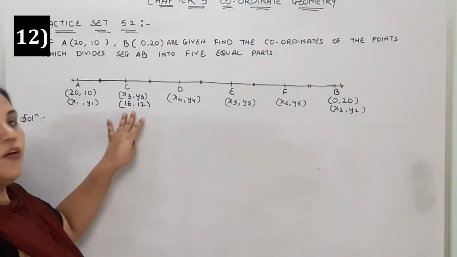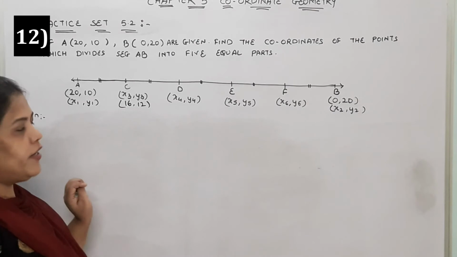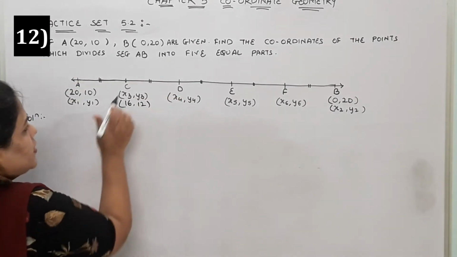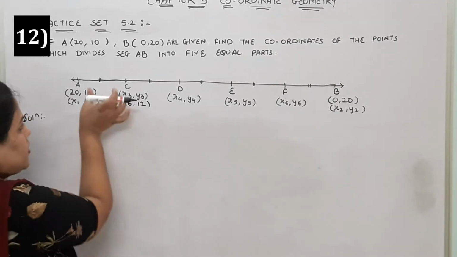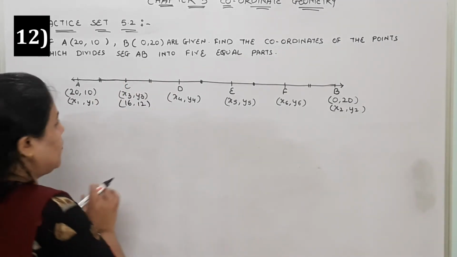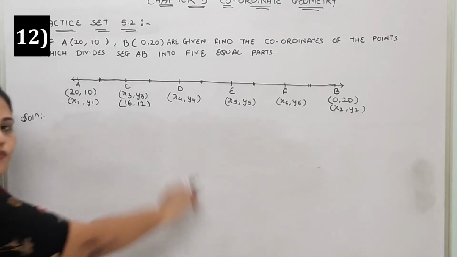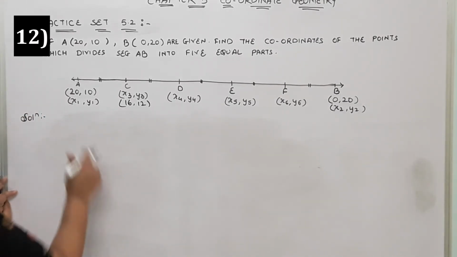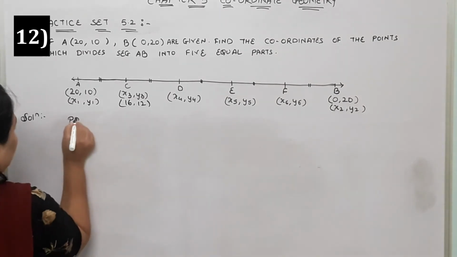Now see here, we have calculated the coordinates of point C. Now if I consider AD, then C is the midpoint of AD because AC is equal to CD. So we can apply the midpoint formula and get the coordinates of point D from there. So write down, point C